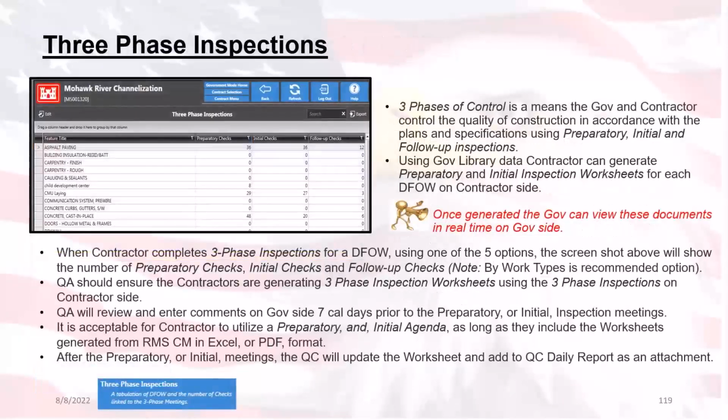In this next module, as you can see, there's a lot of information here on this slide for you to read at your own leisure about three-phase inspections. That's a big old beast. Although it is important to note that in order for a three-phase inspection to populate, the definable feature of work must be complete. Within the three-phase inspection module, you can double-click on any of the inspections, set the dates for